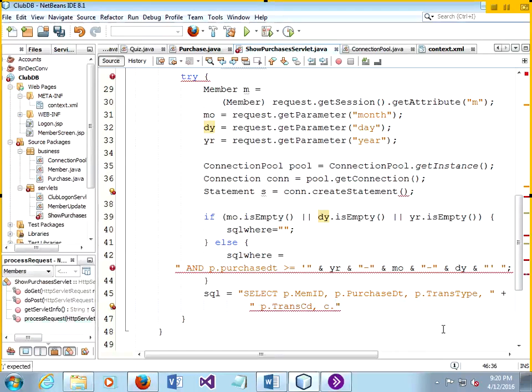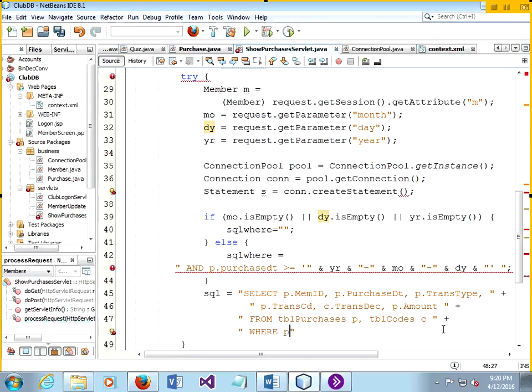So C after the transcode will be a C file trans description, and then p.amount from TBL purchases, which is the P file, whoops, typo, and TBL codes, which is the C file, where the P purchases trans code equals the C trans code,